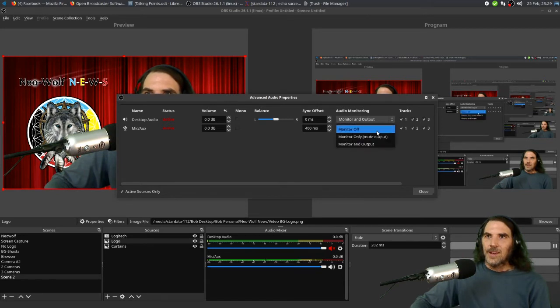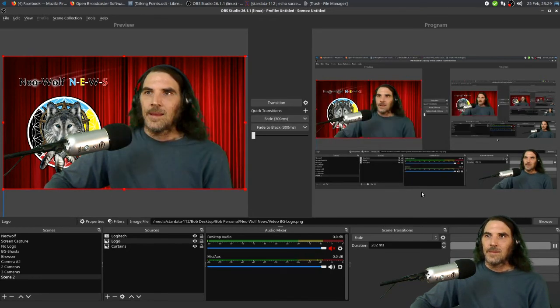So you have the option to have your monitor off. You can have monitor only and mute the output, or monitor and output. So I keep monitor off for my auxiliary, and then on the desktop audio, I have monitor and output so that if I'm going to do an interview, that I can hear the other person, or if I'm playing a video, that I can hear the sound from the video. So I'll close out of that,